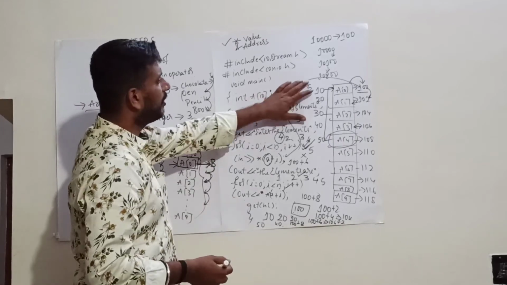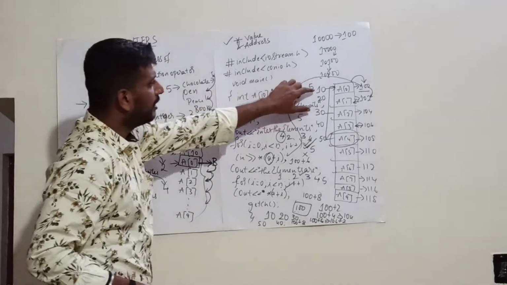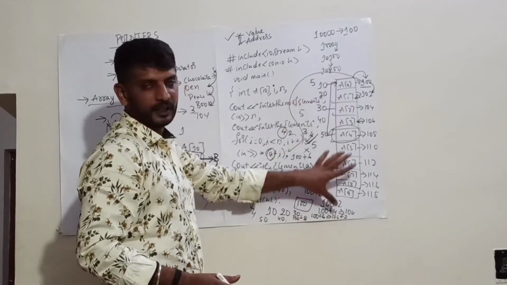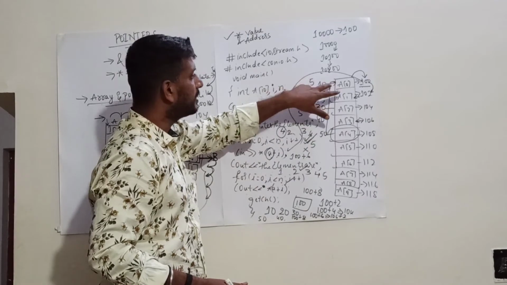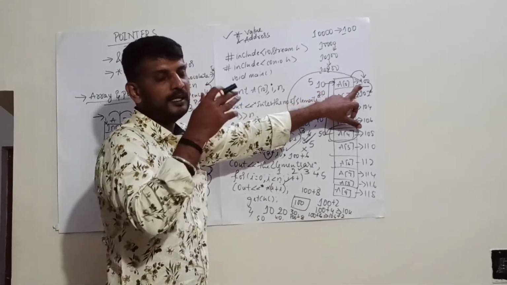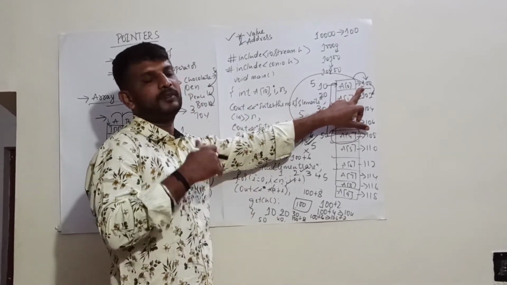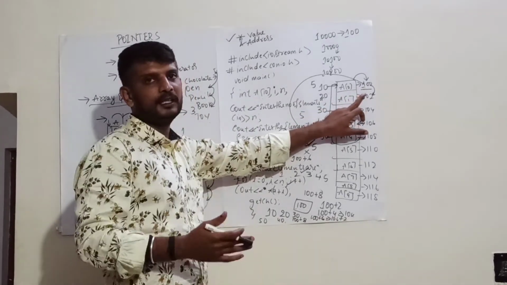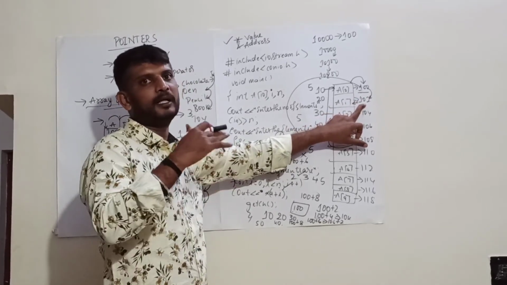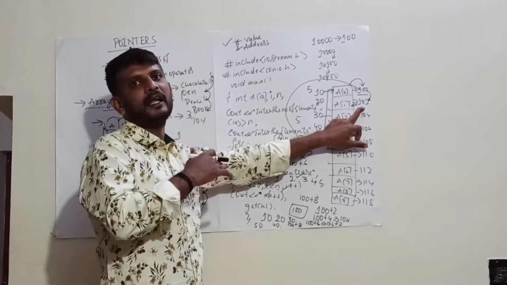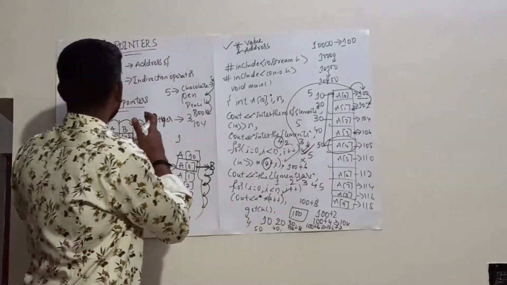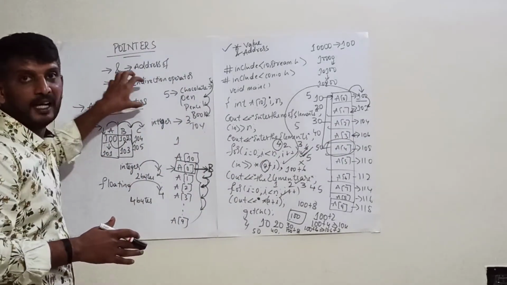So what you have to remember is, whenever you have an array of 10 elements, you don't require 10 pointers. Instead of that, what you are doing is, you are assigning the address of the first element of the array to the pointer, and the pointer gets incremented in the steps of the data type. If it is an integer, it gets incremented in the steps of 2. If it is a floating point variable, it gets incremented in the steps of 4. If it is a character, it gets incremented in the steps of 1. This is how exactly we'll be making use of the concept of arrays and pointers.